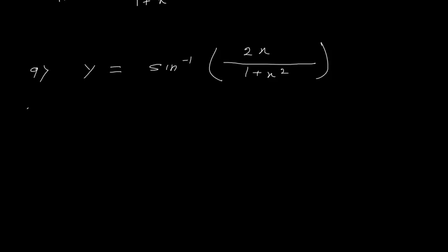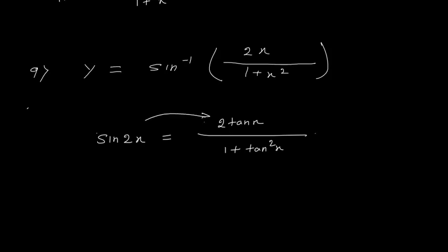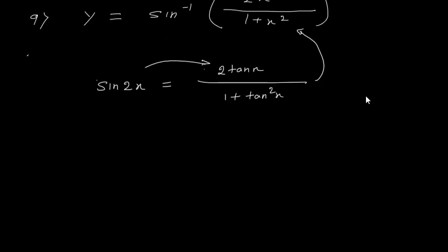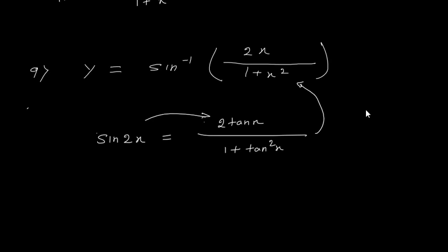I will explain you few formulas, for sine. If you see, we have sine 2x as 2 into tan x upon 1 plus tan square x. Now why I choose this formula? Because this formula looks something like what is given to me, 2x upon 1 plus x square. Here we have 2 tan x upon 1 plus tan square x. So from here you can understand that if we substitute x as tan of something, then my problem will become simple.